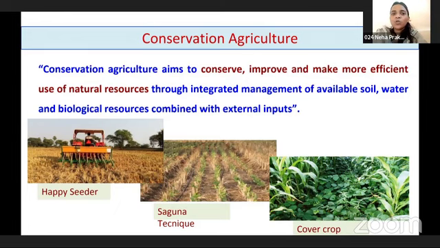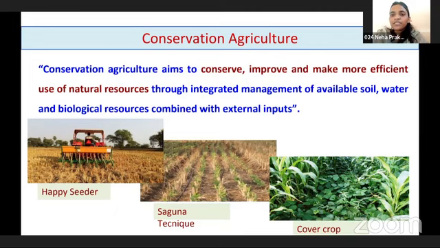This happy seeder is a no till planter. What happened in that happy seeder? We have to tow the instrument behind the tractor that sow the seed in a row, that is used for the sowing the seed in a row without any seed bed preparation. So here the practices such as a seed bed preparation may require the lots of tillages practices, lots of labor work is there. So this type of the equipments we are using, so we can eliminate the processes of the seed preparation and we can directly sow the seed into the soil.